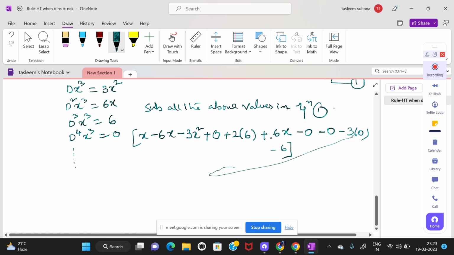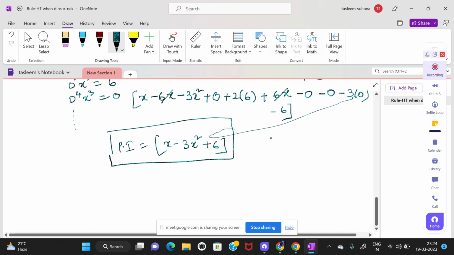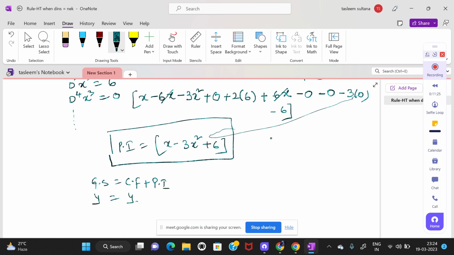See here, minus 6x and plus 6x will get cancelled. Then from here it's 2 3s are 6, 2 6s are 12, 12 minus 6 is equal to 6. So your PI is equal to x minus 3x square plus 6. Now write your general solution, which is the combination of complementary function plus particular integral. General solution is equal to complementary function plus particular integral, y is equal to y suffix c plus